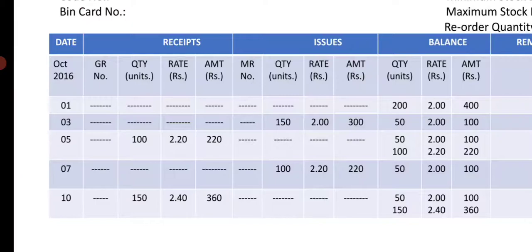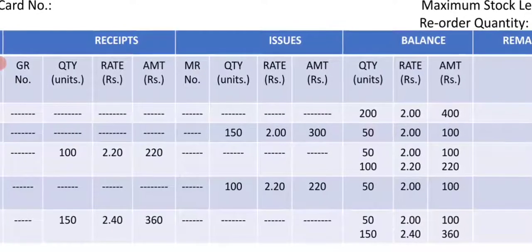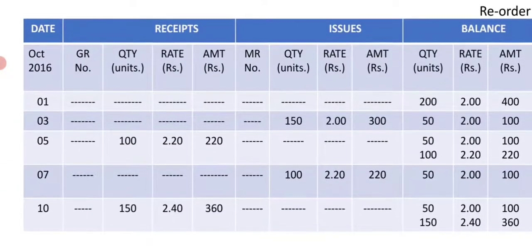Opening balance is 200 units at the rate of 2 rupees. So first we will write it down on the balance column. Quantity is 200 units, rate is 2 rupees, 400 rupees, 200 into 2, 400 rupees. The next transaction is